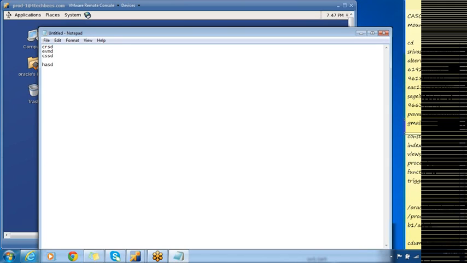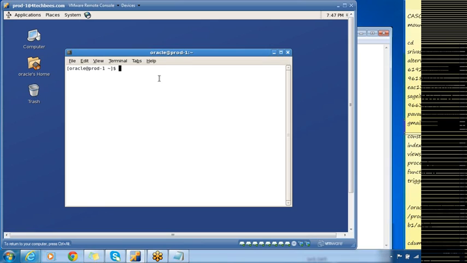First, whenever you start the nodes which are involved in the cluster, first you have to check the status of the main processes of the cluster stack. One is CRSD, second is EVMD, third is CSSD, and fourth is HASD.